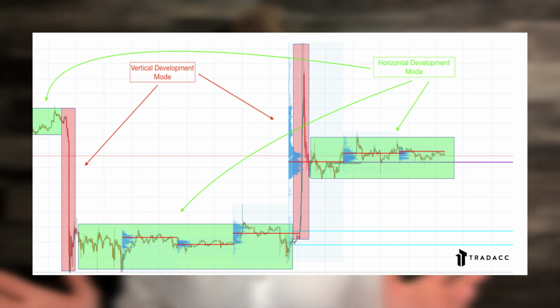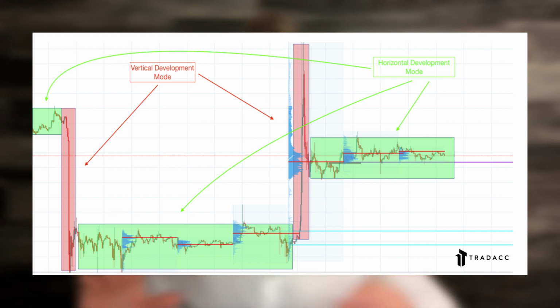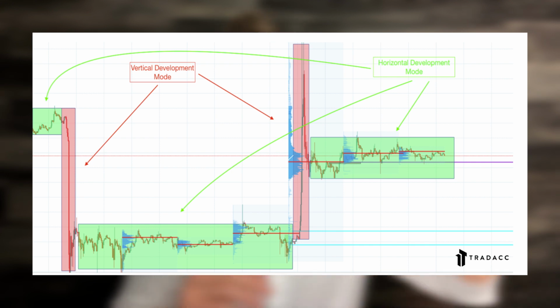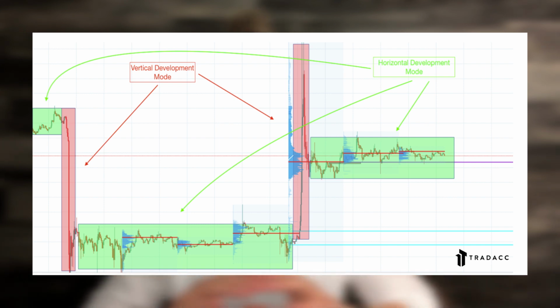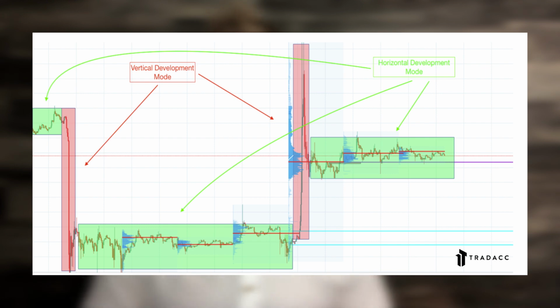And when we're moving out of balance into vertical development, then we're looking for another area of balance to be established. Something has come into the market to change the dynamic, where all of a sudden these accepted prices are now too cheap or too expensive, and so price is moving. If you look at this graph we have up, or pull up any product and zoom out, you'll see some variation of this, where we're balanced, we move into vertical development, we get back into horizontal, and we're just constantly going from balance to imbalance to balance to imbalance. That's how the market is moving.